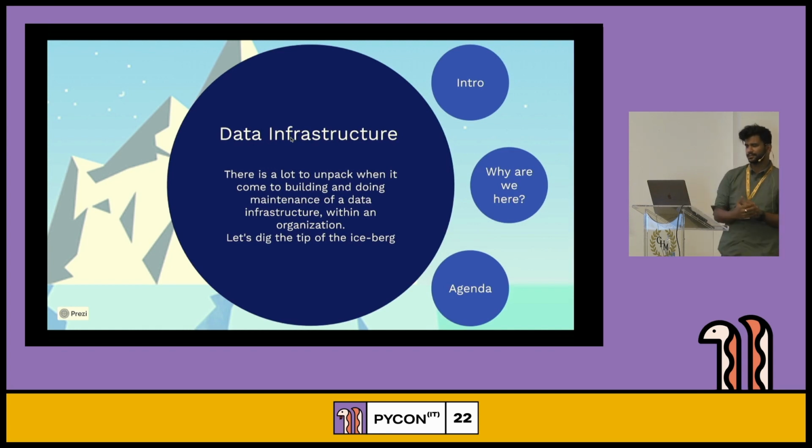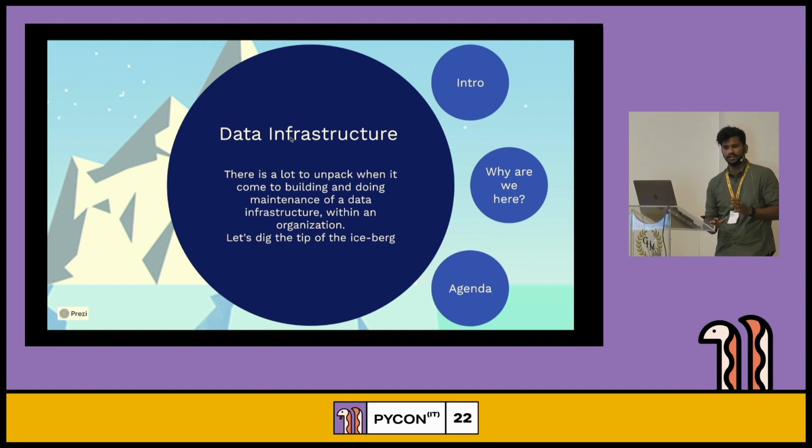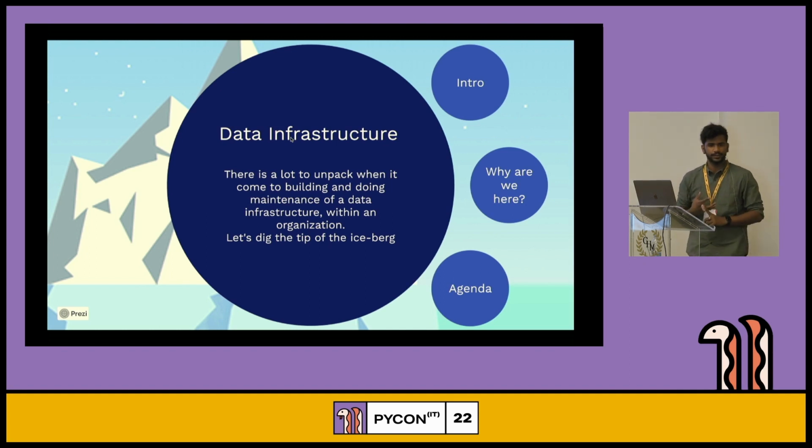Coming from your ETL to your pipelines, all the things tend together and make data infrastructure. So in all totality, there are a lot of things which come together, and these are sort of like your ops, which is now evolving to data ops.